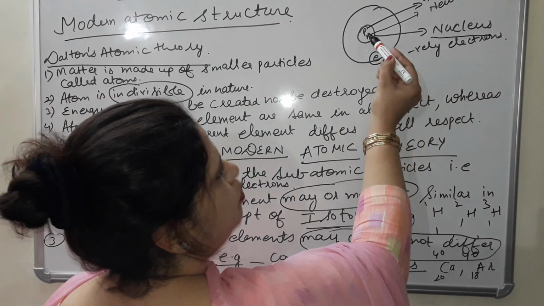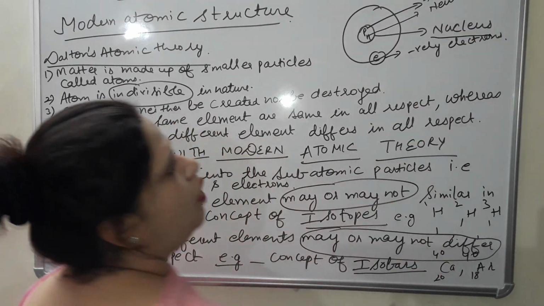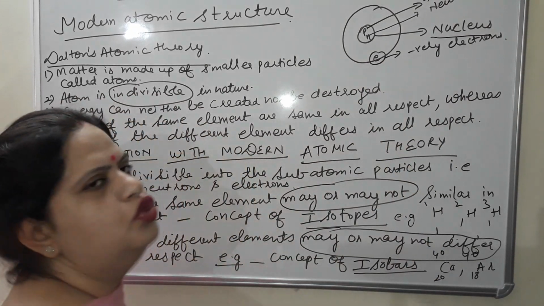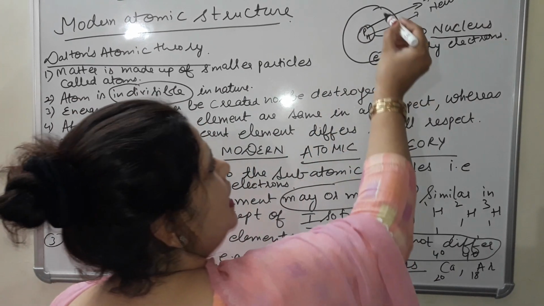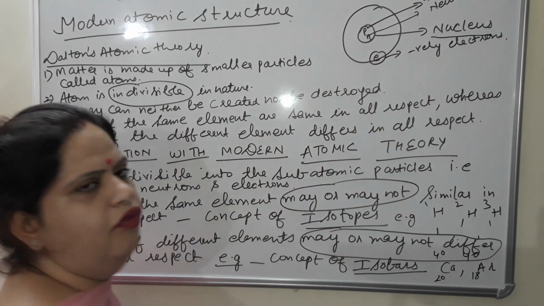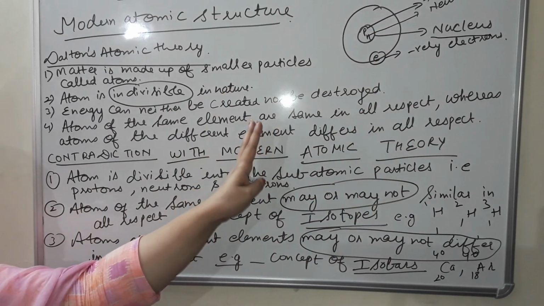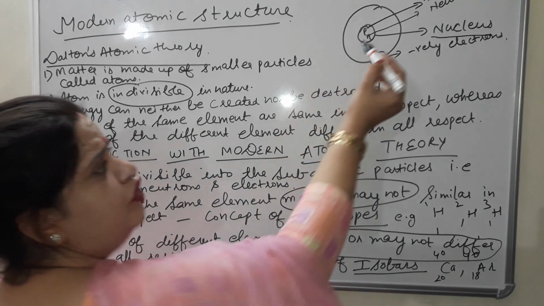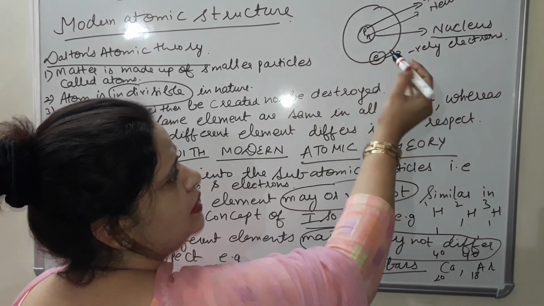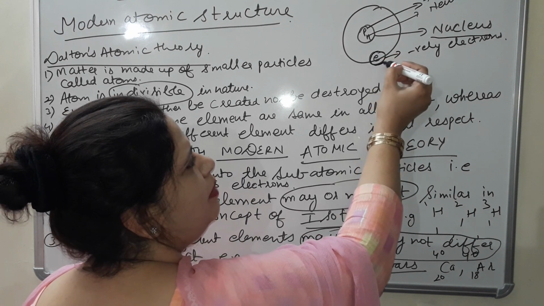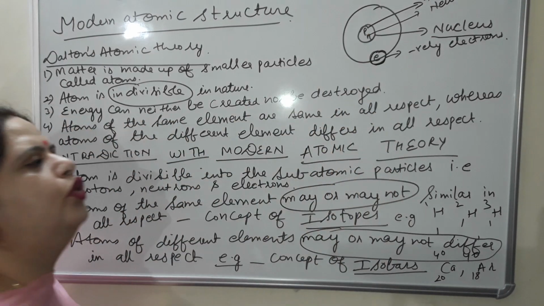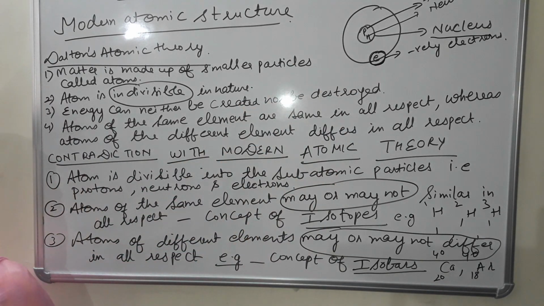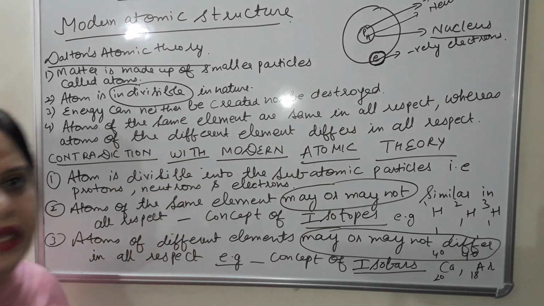So inside the nucleus positively charged particles are there, which we call protons, and neutral particles are also there, which we call neutrons, and outside the nucleus there are shells in which electrons revolve. I have given just one example because this atomic structure varies from one element to another. So out of these three, protons, neutrons, electrons, the role of the electron is very much effective as compared to the role of proton and neutron, because it is the electron only which participates in chemical reactions. Proton and neutron are confined to the nucleus.